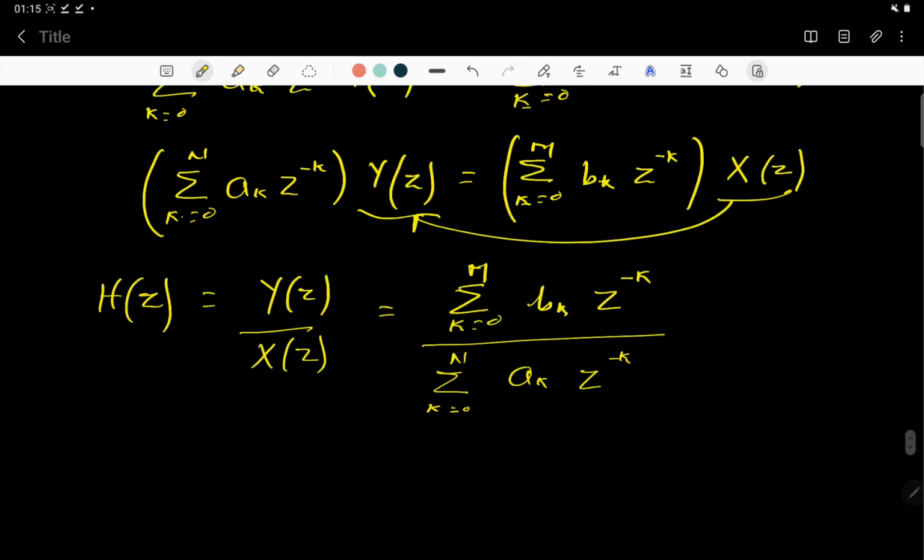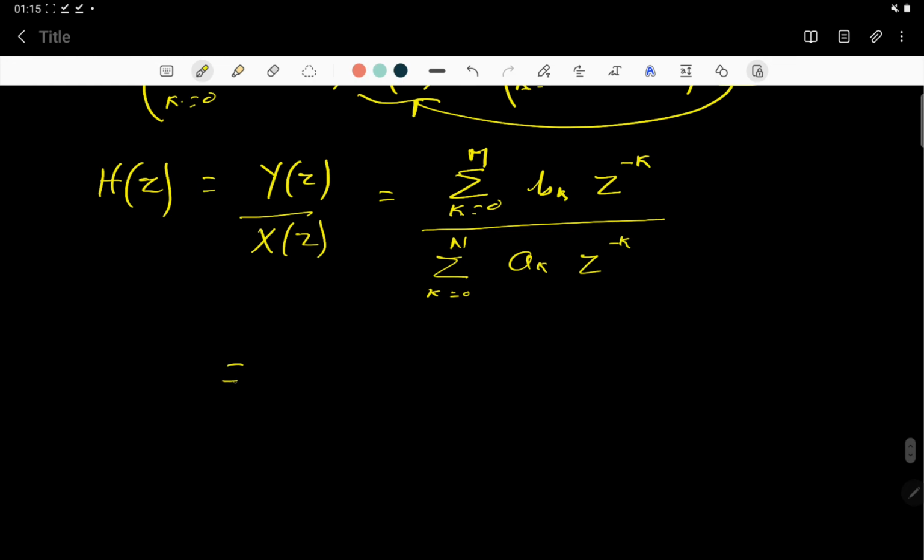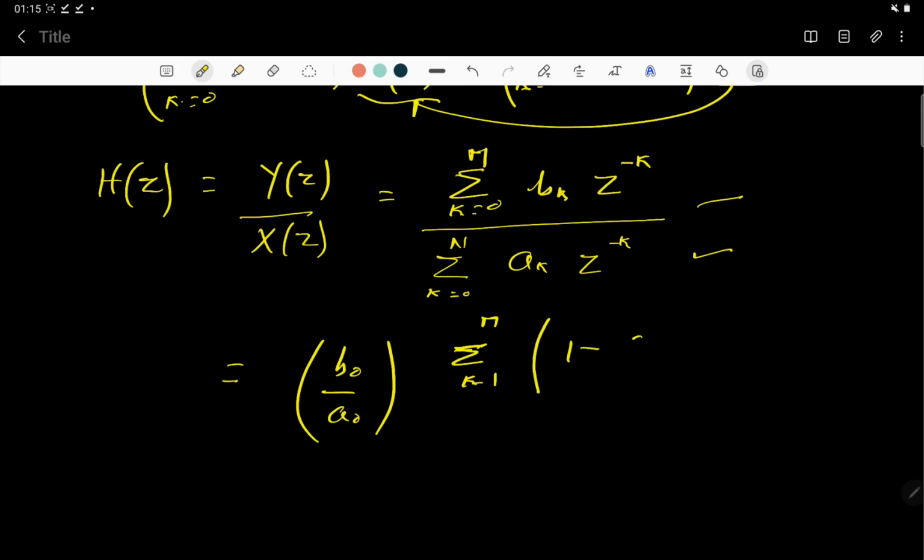Okay, and if you want to find out the poles and zeros from this, then simply b naught upon a naught: if you put the value 0 over here, z to the power 0 will become 1. So b naught comes out from the numerator, and a naught comes out from the denominator. It will become the product over k equals 1 to M of 1 minus c_k z to the power minus 1, upon